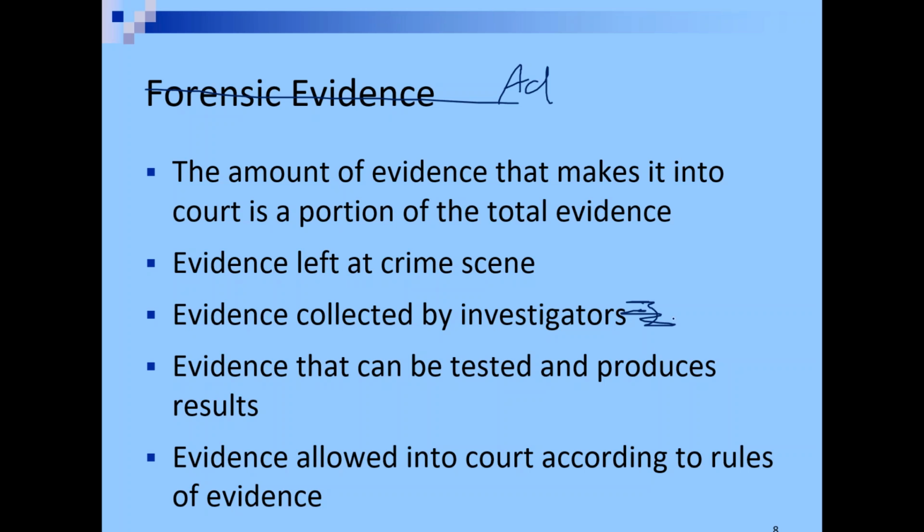Okay, and in almost every crime, there's going to be evidence that's never found. A fingerprint that's never turned up, a footprint that's not analyzed or seen, digital information that could have been useful but is not known about. And even with the evidence that's collected, if you collect a blood stain or a hair, it has to be evidence that can be tested and produces results. Maybe the drug sample you got, there's not enough of it. Maybe the blood that you collected is a mixture and it's difficult to interpret. There's a lot of reasons why the evidence collected by the investigators might not produce that perfect conclusion.